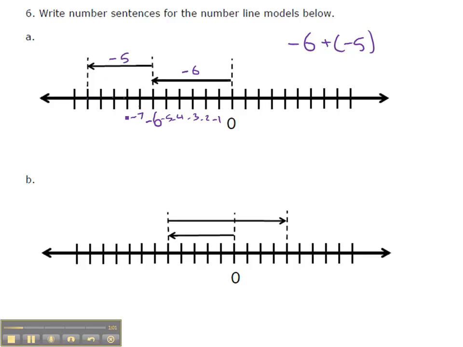This is -7, -8, -9, -10. We end at -11, which is what we would expect because if we add, we have the same signs. We find the sum, 6 plus 5 is 11, and we keep the sign, -11. So there's the answer. On B, we're going to look first at the arrow that extends from the origin, from